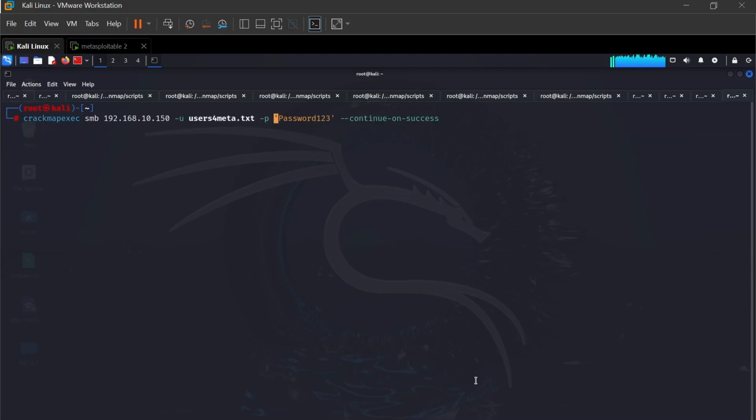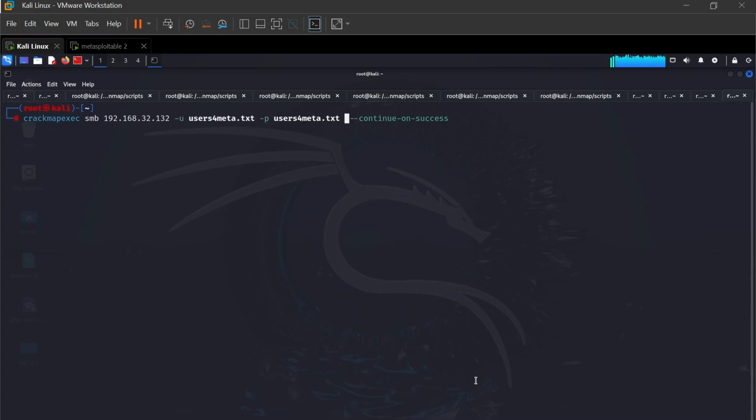Same thing for the password here. I'm just going to use the same thing. So we have the IP address that also needs to be changed. The IP address here is 192.168.32.132. So you have Crackmapexec SMB, which is the protocol, the IP address, -u, the user file, -p, the password file,